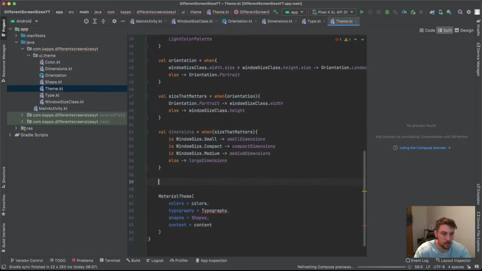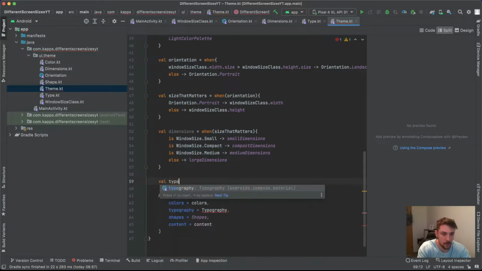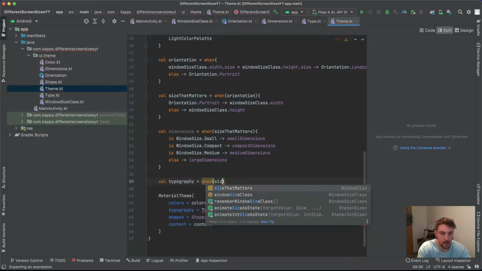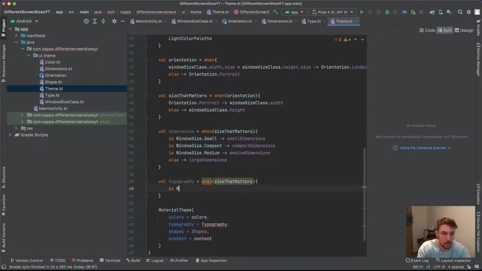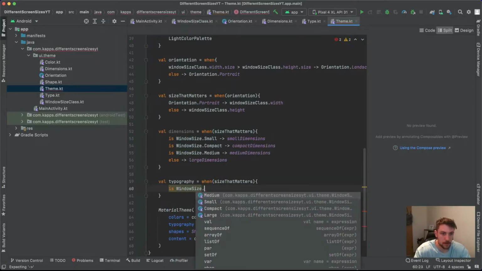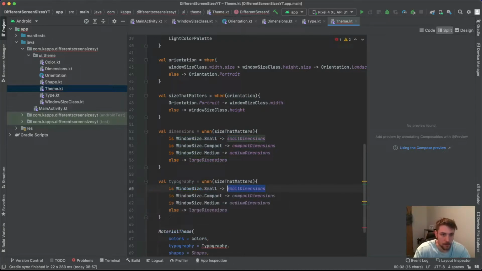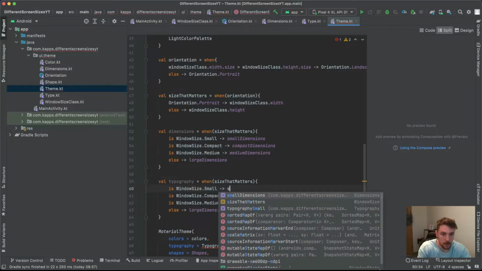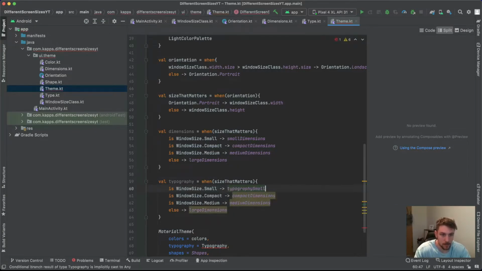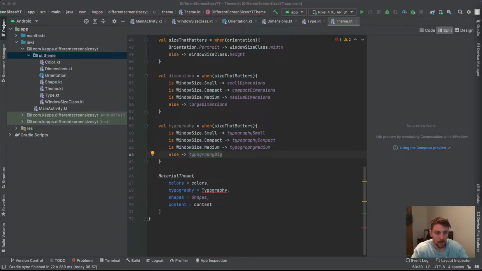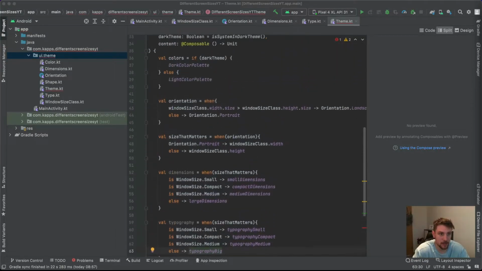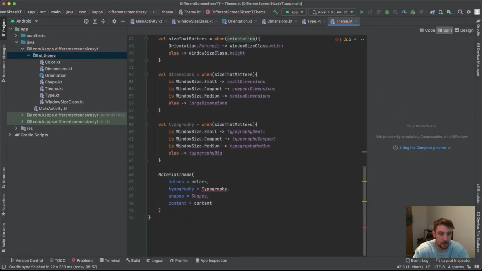And the same thing we can do now for our typography. So well, typography is equal to when size that matters is window size dot small. Well, I will just copy this over here. We will use our small typography, typography small, typography compact, medium, and typography big. And now we need to pass our typography, the dimensions, and also our orientation mode somehow